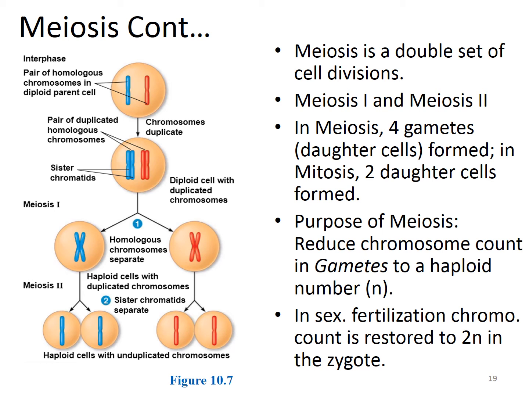Basically, we start out with a diploid chromosome count, or two copies of the same type of chromosome, but one of the major differences between mitosis and meiosis is what results. After mitosis, we just get 2 daughter cells and we go from the diploid to diploid chromosome count. In meiosis, we go through 2 divisions of the genetic material, and instead of 2 daughter cells, we end up with 4 daughter cells that are haploid, or have half of the normal chromosome count, or just 1 copy of each type